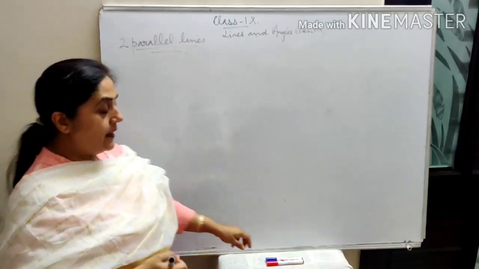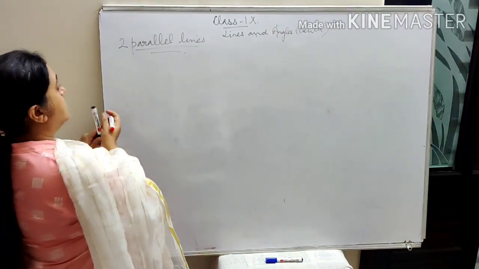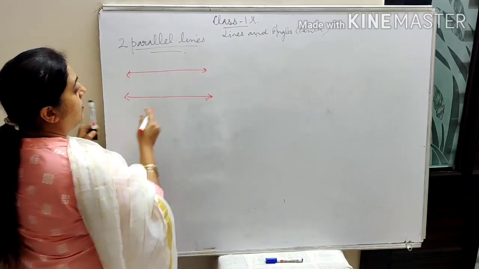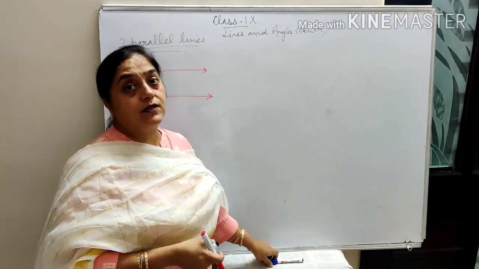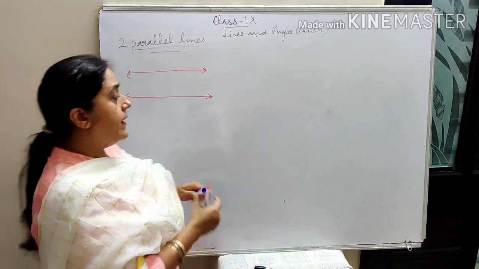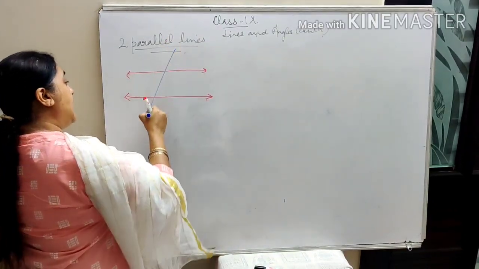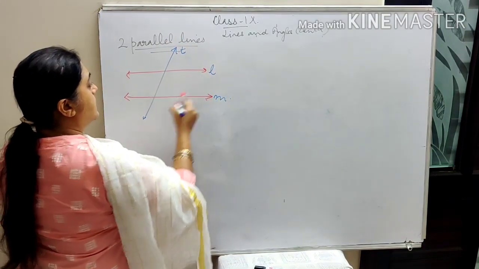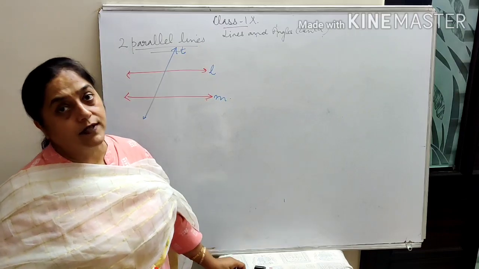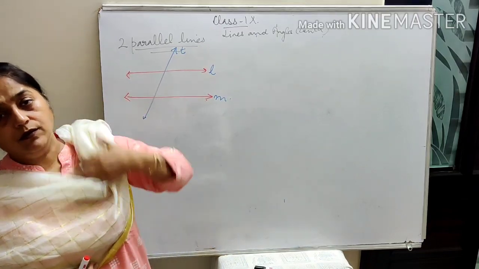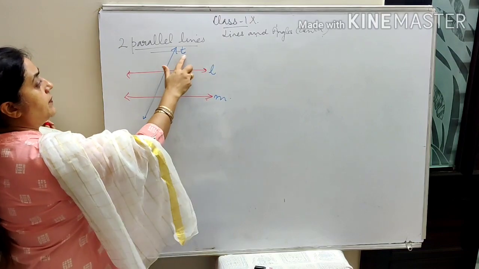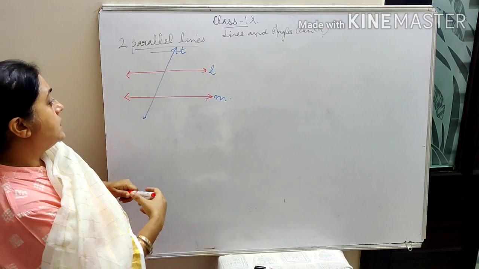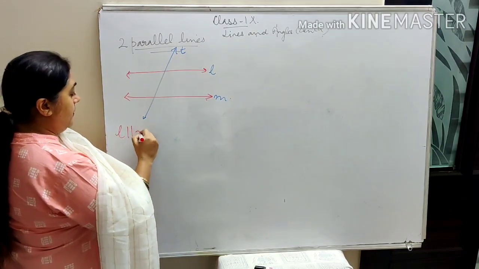I have two parallel lines cut by a transversal. You know what are the parallel lines? जिनका जो डिस्टेंस होता है, डिस्टेंस बिटवीन देम और परपेंडिकुलर डिस्टेंस बिटवीन देम रिमेन्स कांस्टेंट थ्रू आउट. So when I am taking up two parallel lines and I am taking a transversal T. What is a transversal? Transversal means I am talking about a line which is cutting both these two parallel lines. So T, I am representing the transversal with T. So T is a transversal. L is parallel to M.